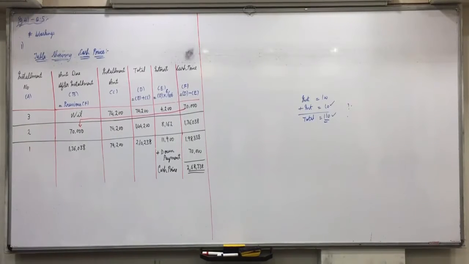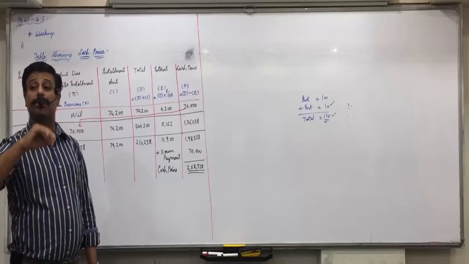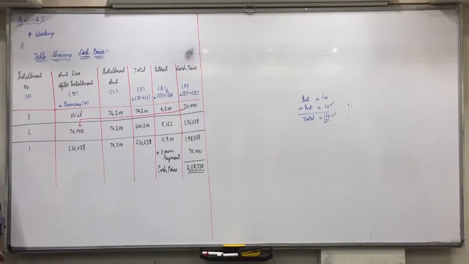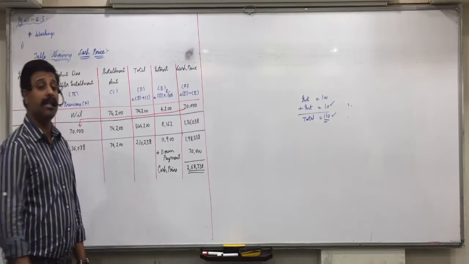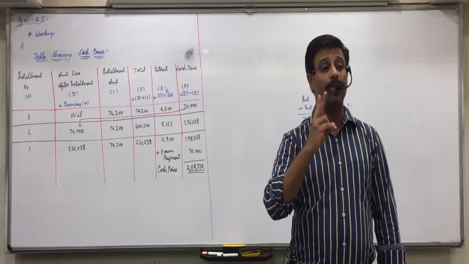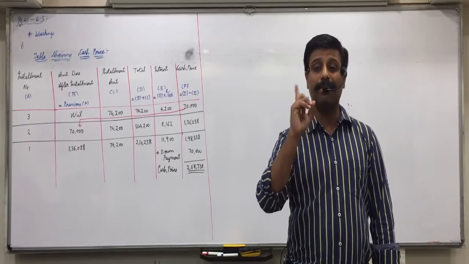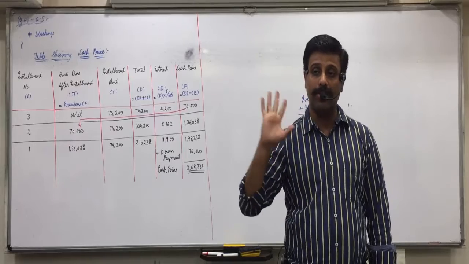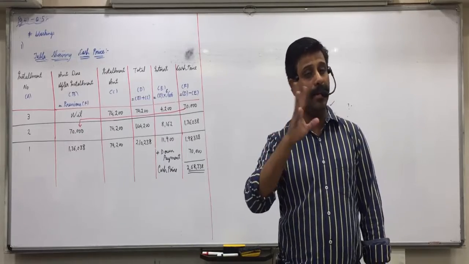Now we have to do the accounting. As I said, in this question we will make the accounting in the books of the vendor, the seller, that is B Limited. Which accounts are compulsory in B Limited? Like in A Limited, how many accounts? 4. In B Limited, only 2 accounts. One is the buyer account and the second is the interest account. Only 2 accounts we will prepare: A Limited account and interest account.